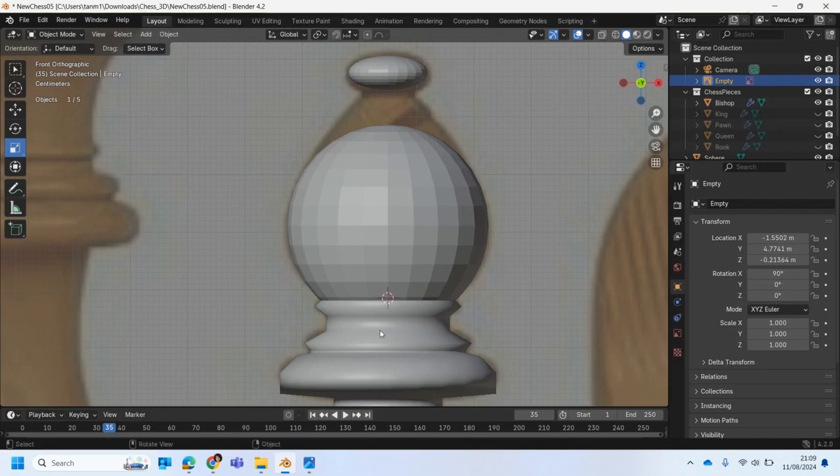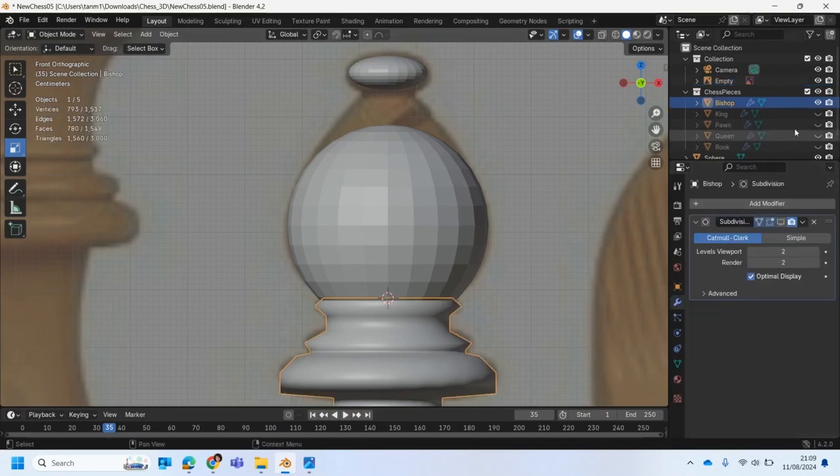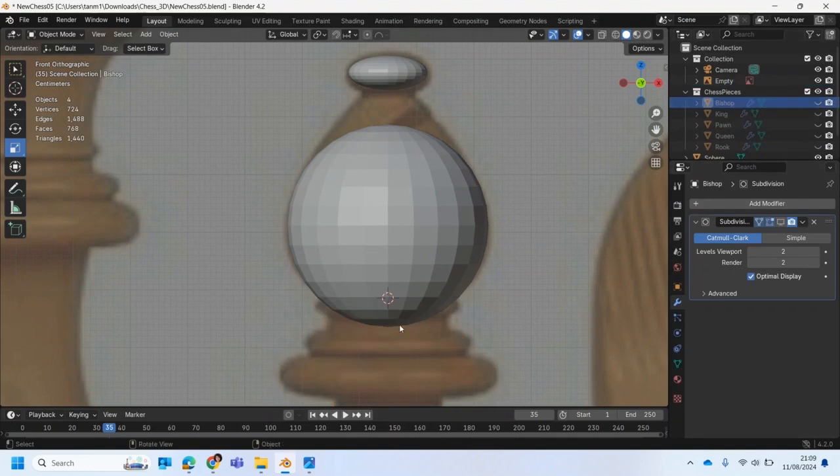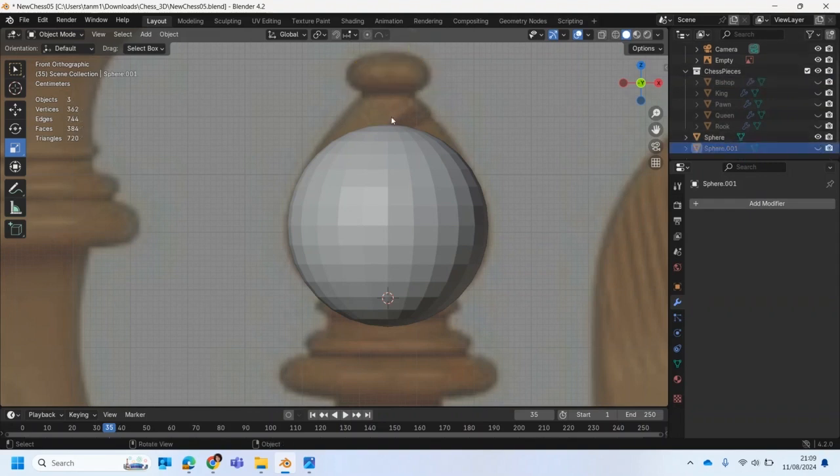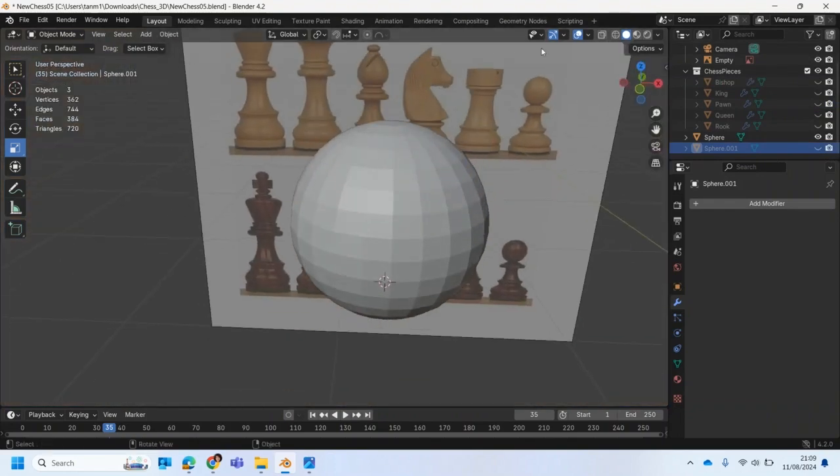I'm going to turn off the bishop for now. I'm just going to hide it. Now I'm just going to hide this one as well. So I need to bring this up here. Okay. So that's when I'm going to use the proportional editing. So tab key,